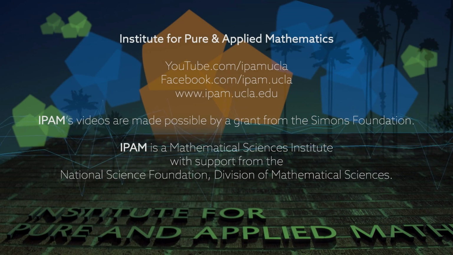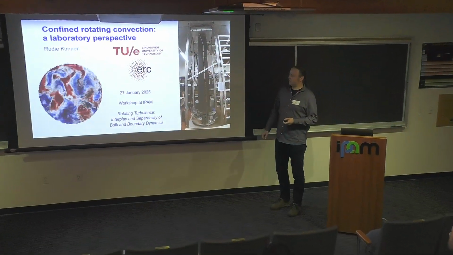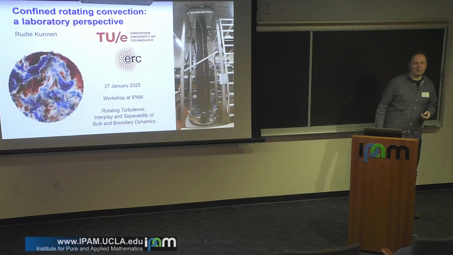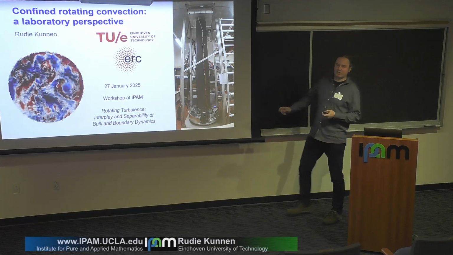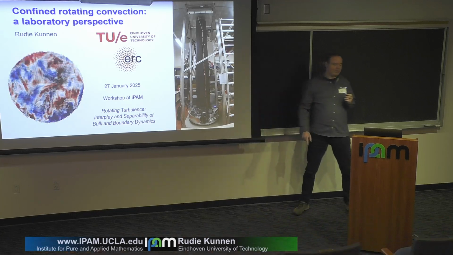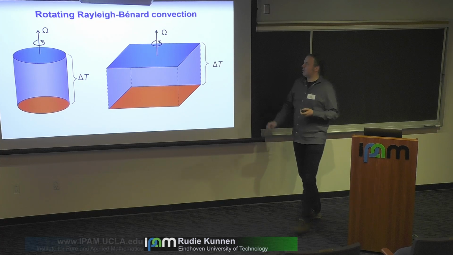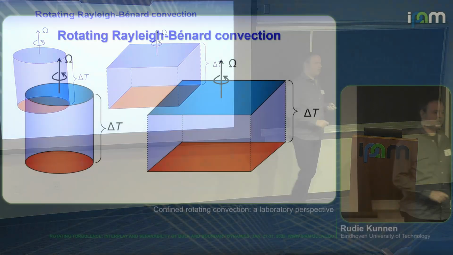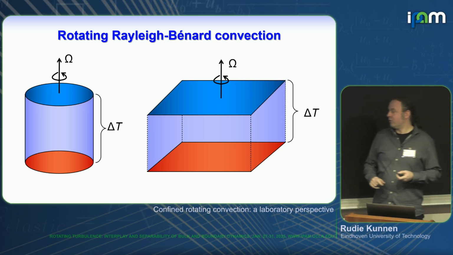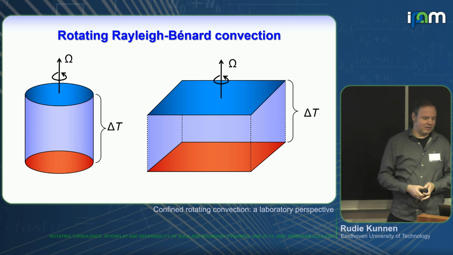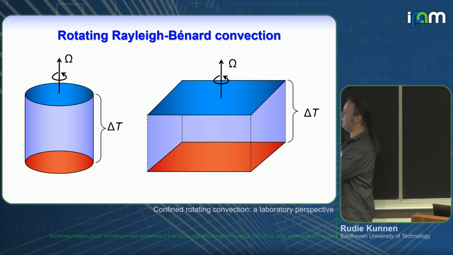Yeah, thanks, Bob. So this is going to be about a lab perspective on all of this. I'm going to be considering cylinders, and in some cases, pretty tall cylinders. When I talk about rotating Rayleigh-Bénard convection, I'm going to be referring to the system sketched on the left there. So very simple body of fluid confined within a cylinder, heated from below, cooled from above, rotating about a